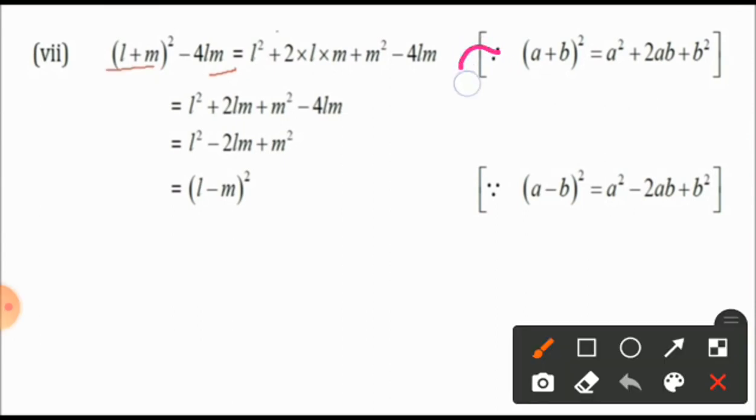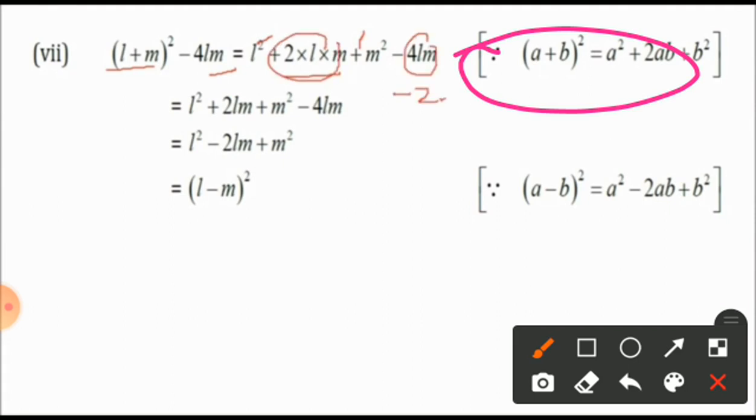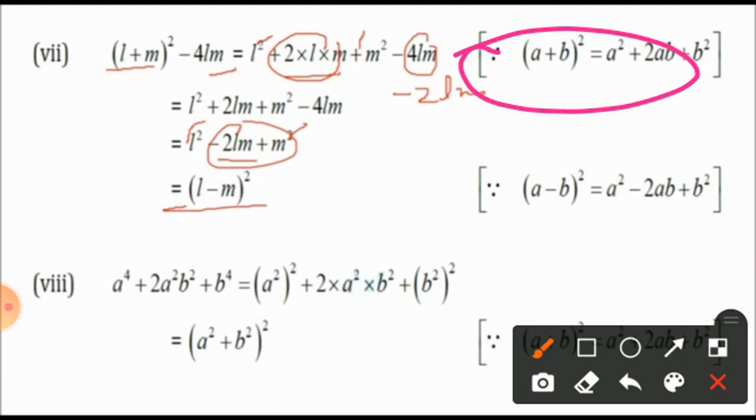It is a very good phenomenon. It is a good idea to show it without any mistake. Which identity do you use? (a plus b) square is equal to a square plus 2ab plus b square. Same way, (a minus b) square is equal to a square minus 2ab plus b square. Isn't it? Perfect. So both the terms, you are having these identities. Okay? Correct.